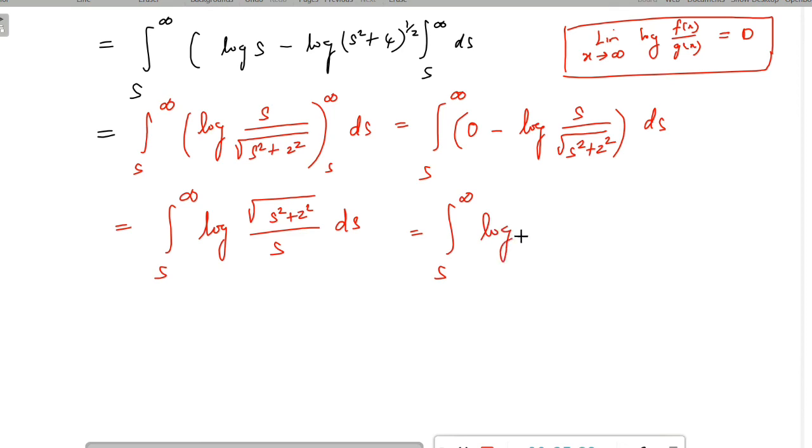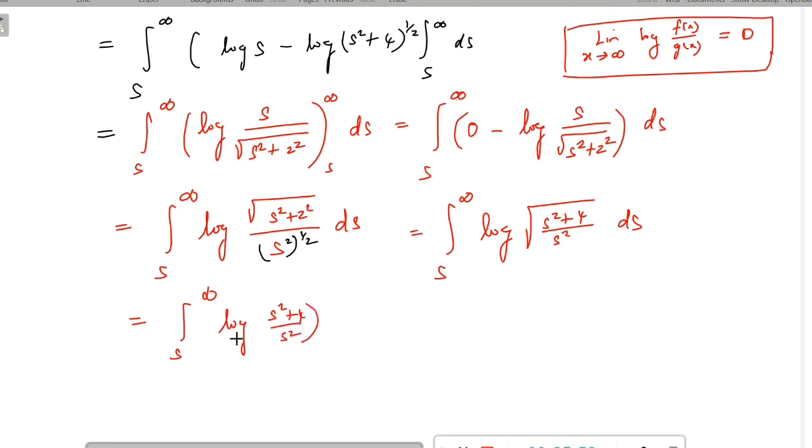You can rewrite this term as square root of s square plus 4 divided by s square. So you can rewrite this term like this. I have taken the square root as a common term. Before that, I am going to simplify. I am going to include the power 1 by 2, ds, which is equal to, you can take integral s to infinity log of s square plus 4 divided by s square, with 1 by 2 taken in the multiplication. So 1 by 2 as a constant you can take outside the integration. Log, here you can take s square as a common term. If you take, you can rewrite s square plus 4 divided by s square as 1 plus 4 by s square, ds,